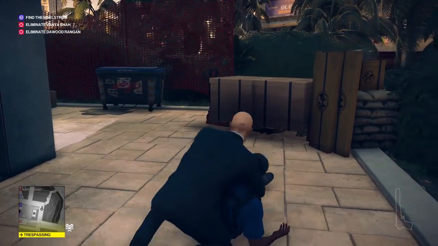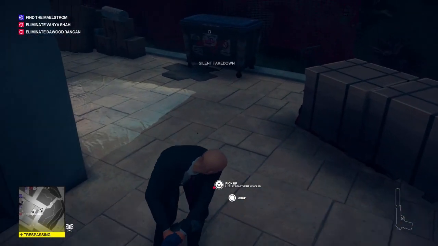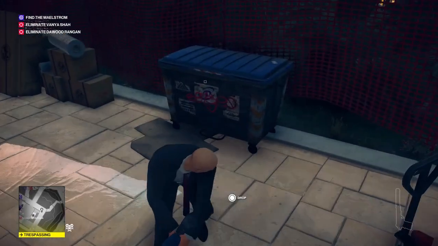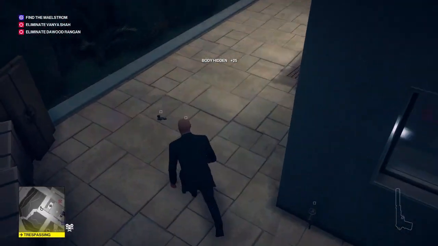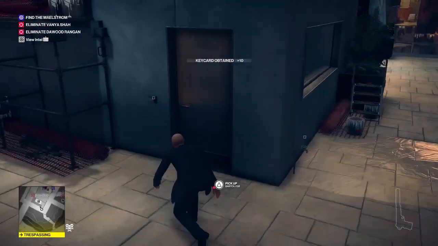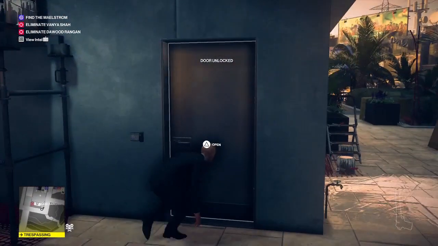Once he's unconscious, drag his body directly opposite you into the conveniently placed nearby container where we can hide his body. After you've done that, head back to where you subdued him and make sure you pick up the keycard that he would have dropped. Use the keycard on the door to your right, open it up, and then head through here and continue up